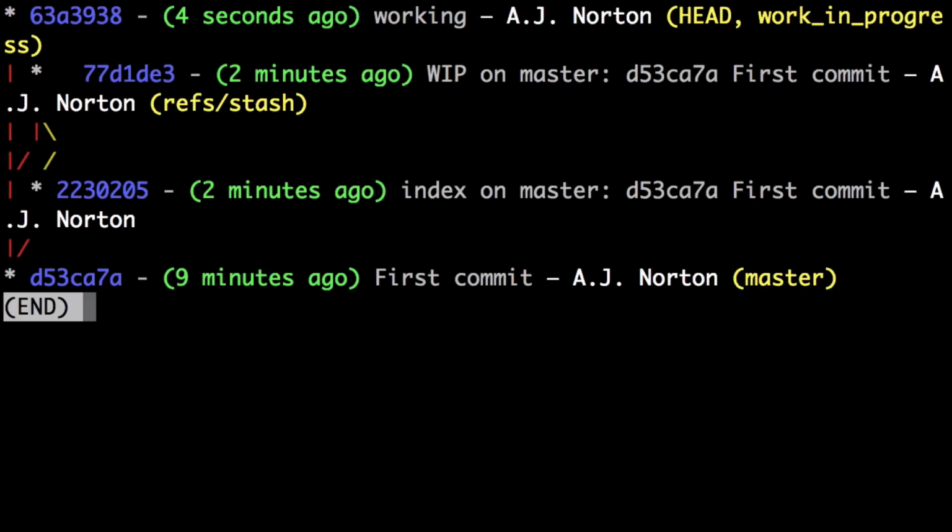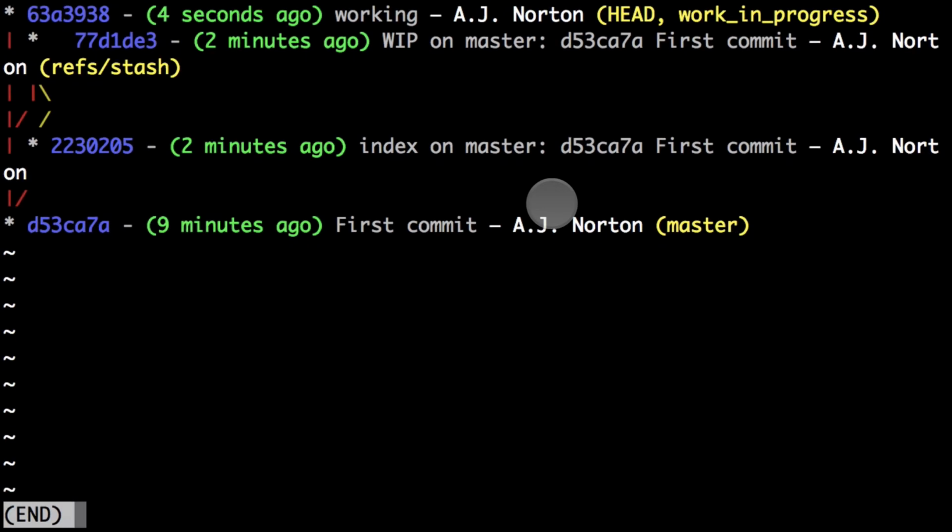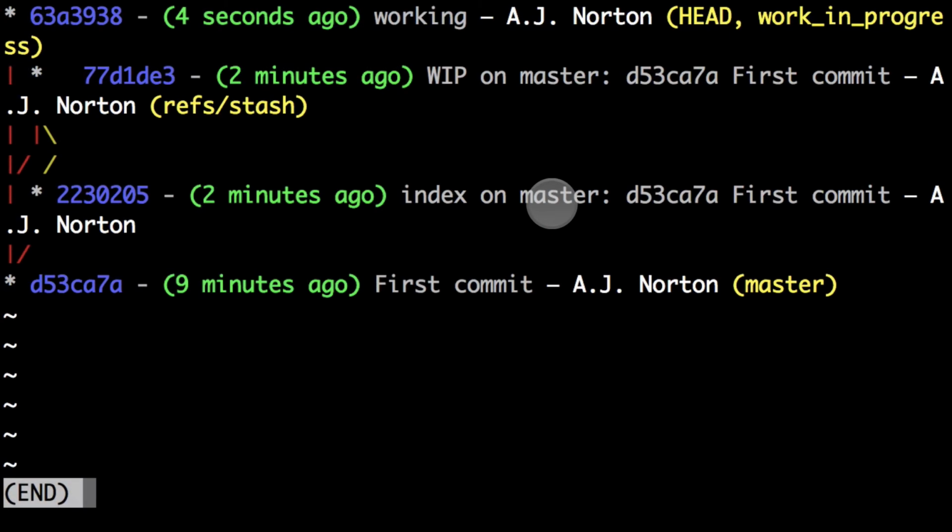Let's do a git lg. So now, oh gosh, that looks kind of bad. So now, as you can see here, I had my first commit. Then I did a branch, then I did a branch here,